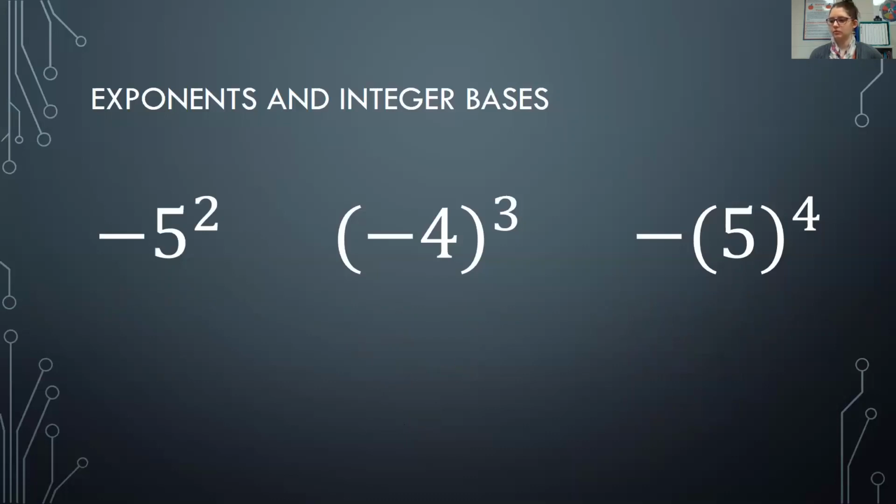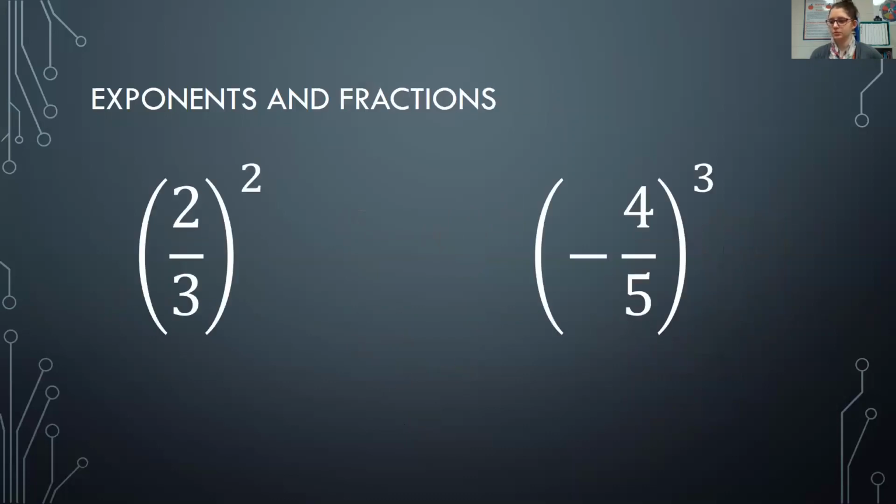Now, let us look at a few fraction examples. Okay, so part of this is remembering how to multiply fractions. So we have 2/3 to the second power, and that means 2 over 3 times 2 over 3. I'm not going to do an in-depth review of multiplying fractions. You can watch my multiplying rational numbers video if you need a review. But we're going to multiply numerators and denominators. So 2 times 2 is 4, and 3 times 3 is 9. Our other